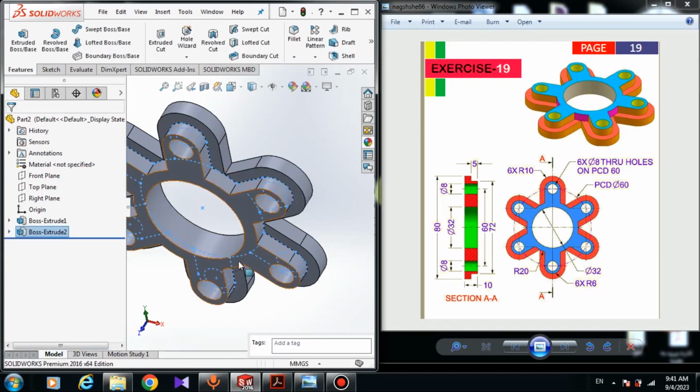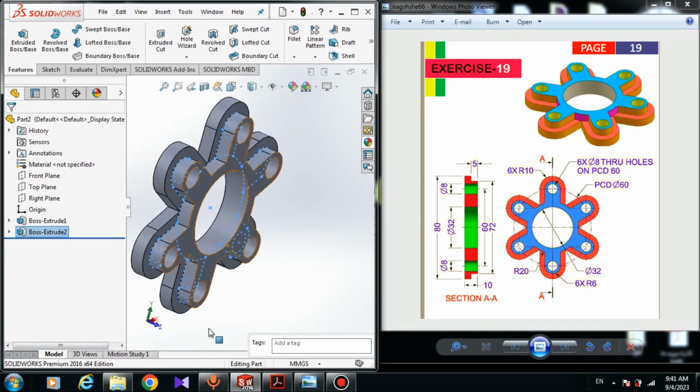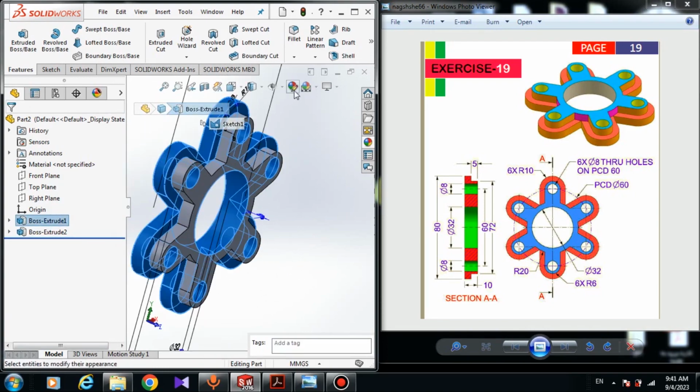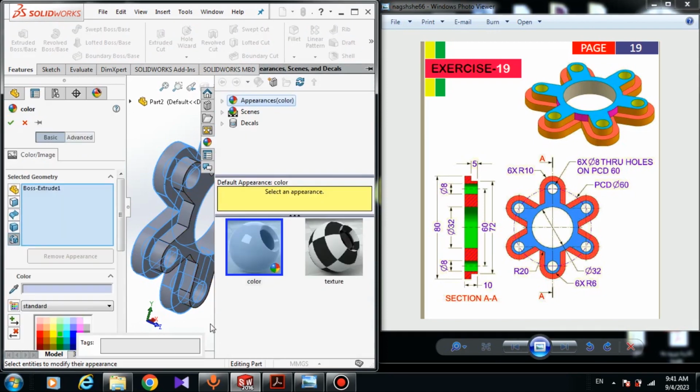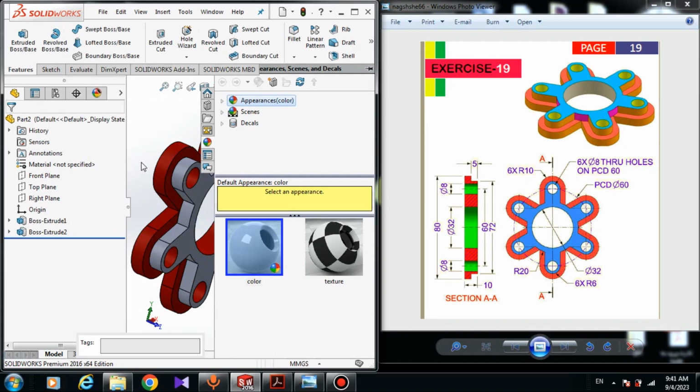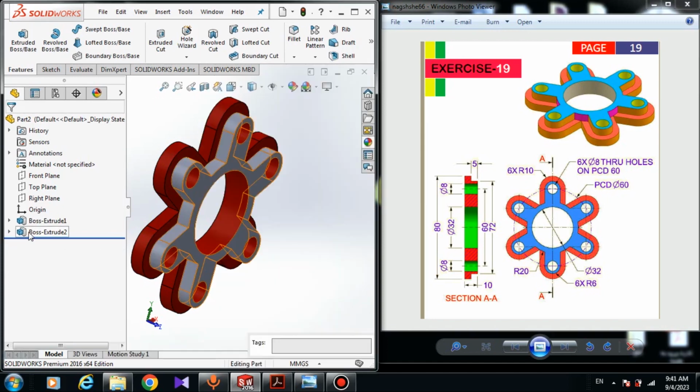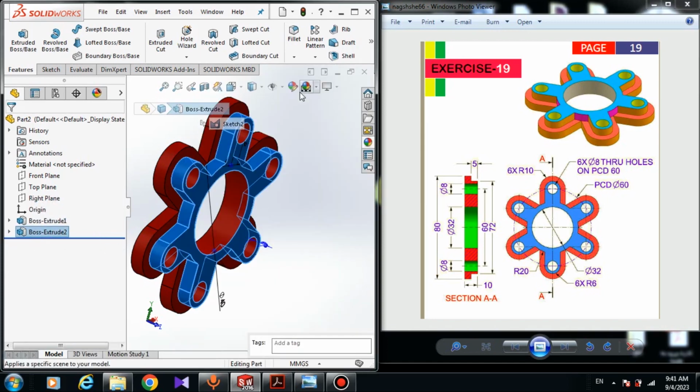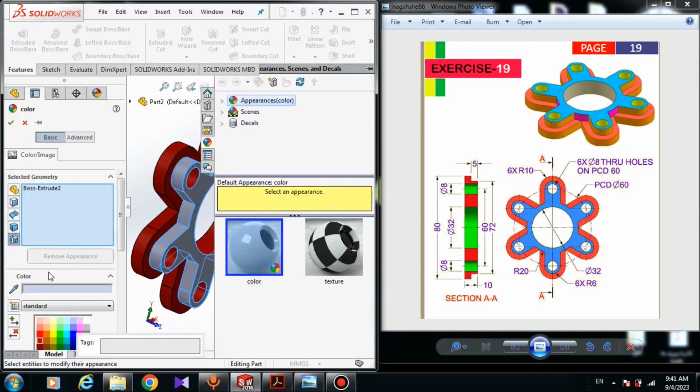Now we designed the model. All we have to do is just apply a color. So here choose this box extrude, and in edit appearance we can change the color, for example to, I think red is better, yes. First, and here for example we can change the color of this extrusion to blue, yes. For example, we can change the color to blue,